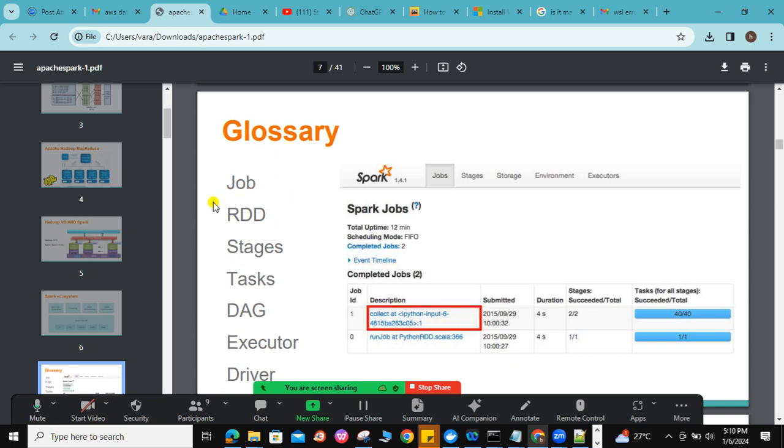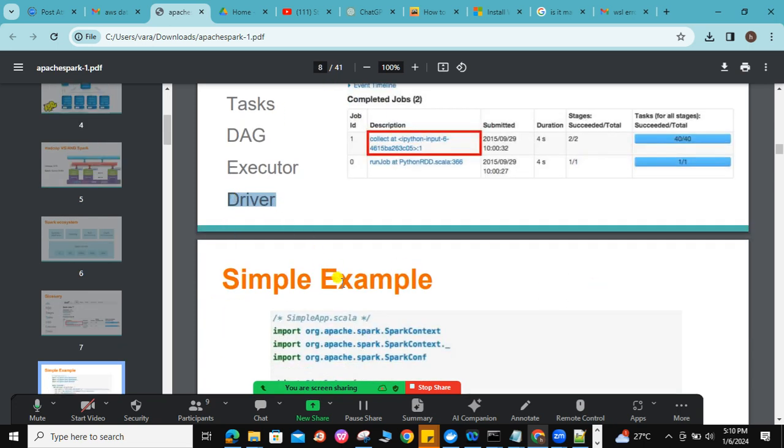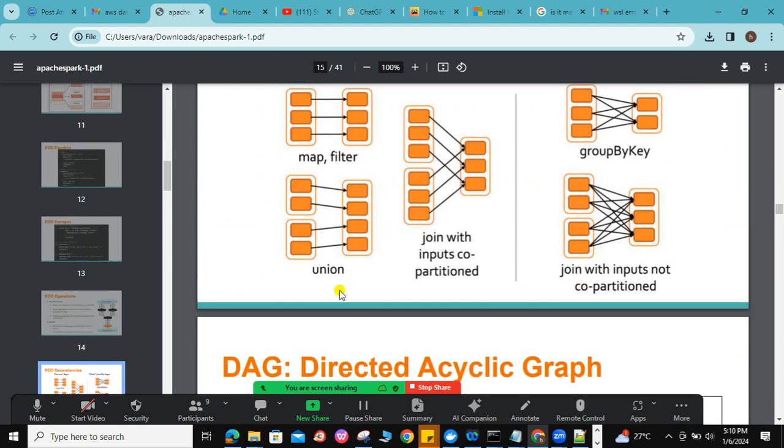So any job, as soon as you create a job, a lot of RDDs get created. Inside an RDD there will be stages. Stages will have tasks. There will be a lot of tasks happening for a particular stage, and we will have executors. Executors are something like partitions. Like if you have 5 executors, it means 5 partitions, and the driver is the master, where all the information about what happens to every stage and every task would be there. So that is what